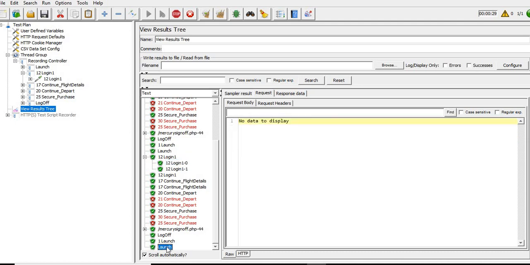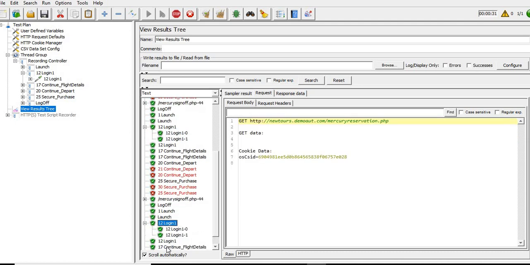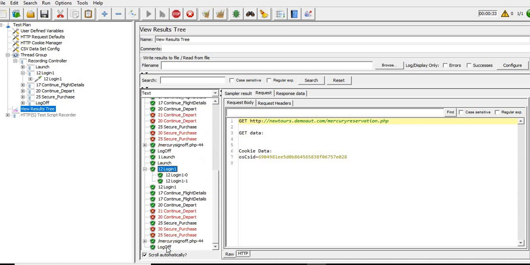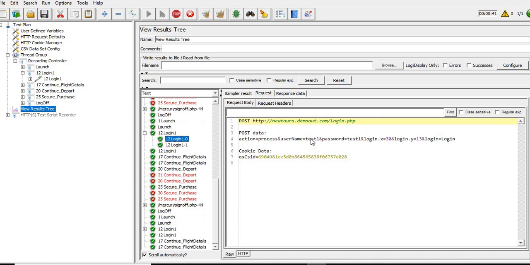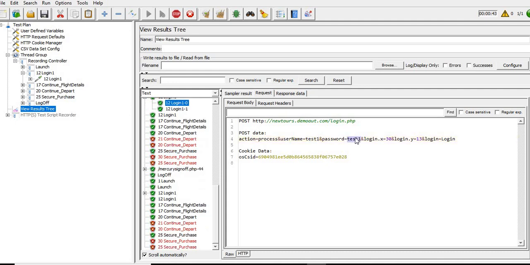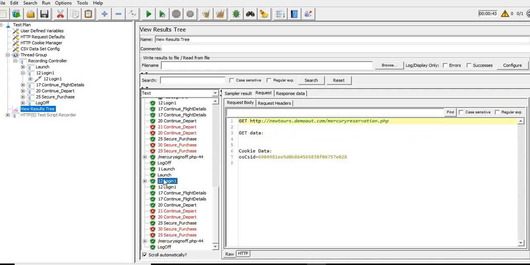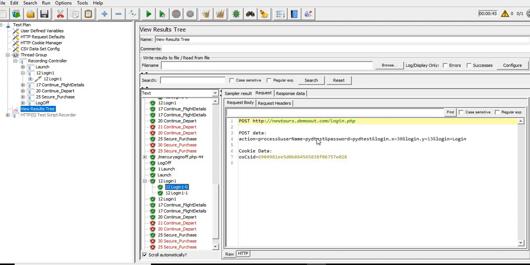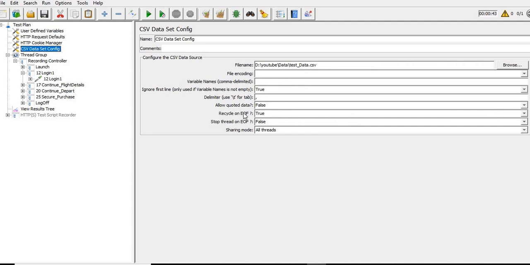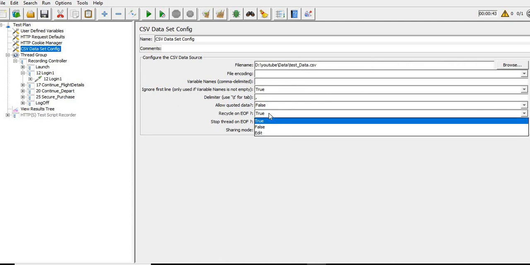Now let's see what it fetches the third time. As mentioned, we have enabled recycle on end of file, so the file had already ended. It recycled and again picked the first record for the third iteration, and for the fourth iteration it again picked the second record. This is recycle on end of file.